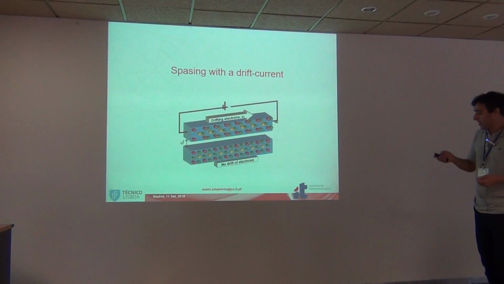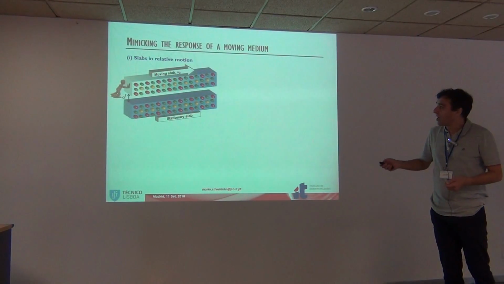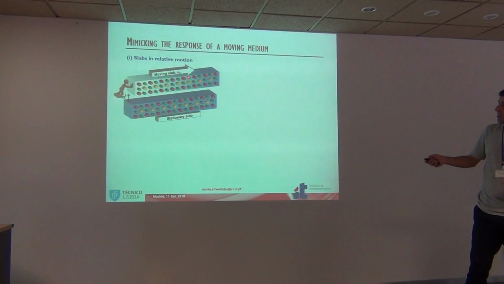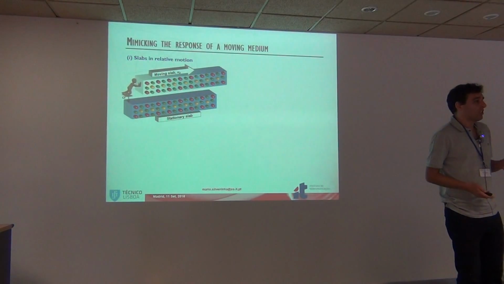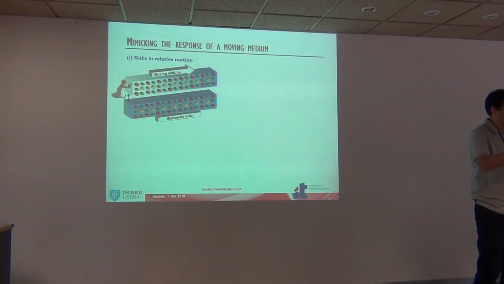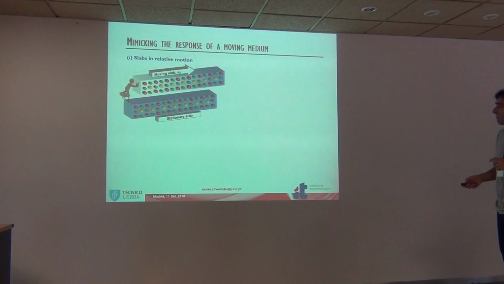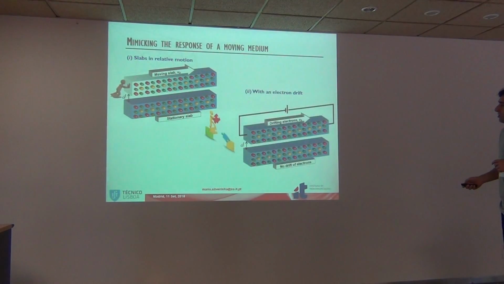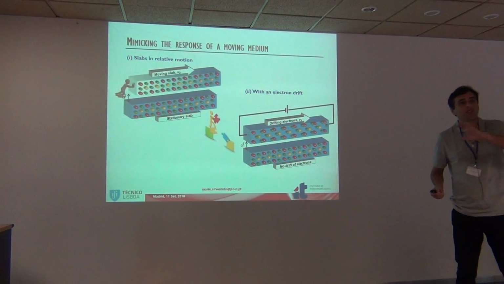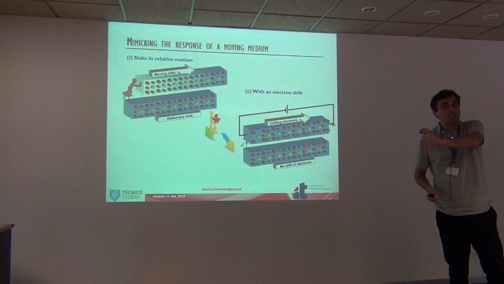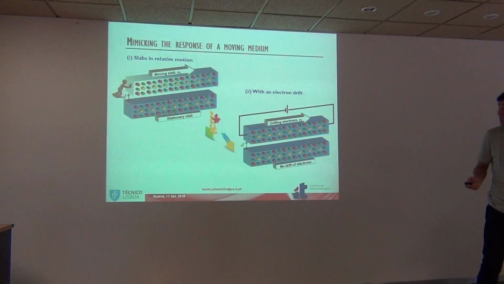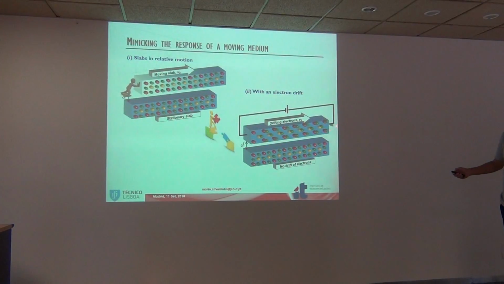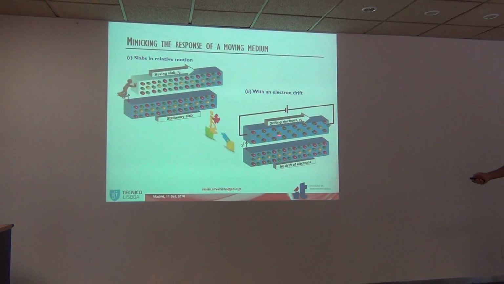Okay? And so we came up with this idea: I told you about the moving slab, one of them is moving. What if we just imitate this physical motion of the slab? Instead of having physical motion, let's consider that we just inject electrons in one of the materials and create a drift current. You can do this simply by applying,